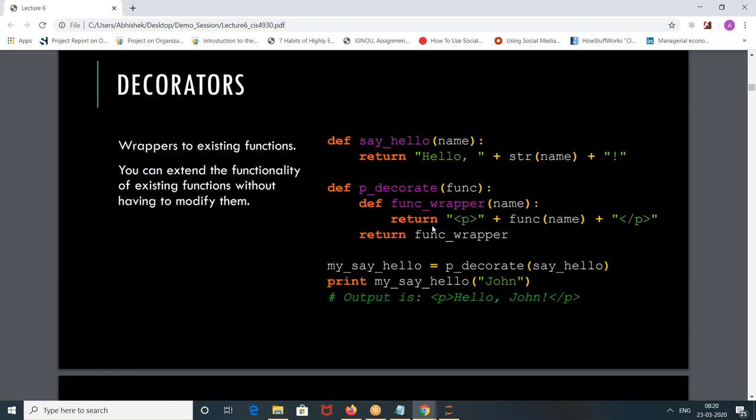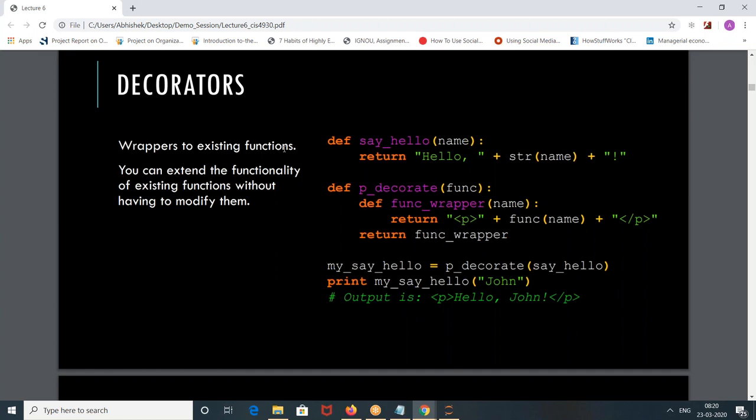So now we are slowly going to the concept of decorators. We will see what a decorator is, what a closure is, what an enclosure is, why a function within a function, and how all this makes sense in practical reality. There is something called a wrapper.